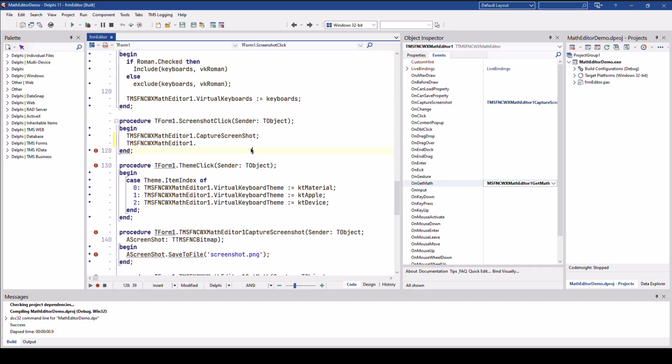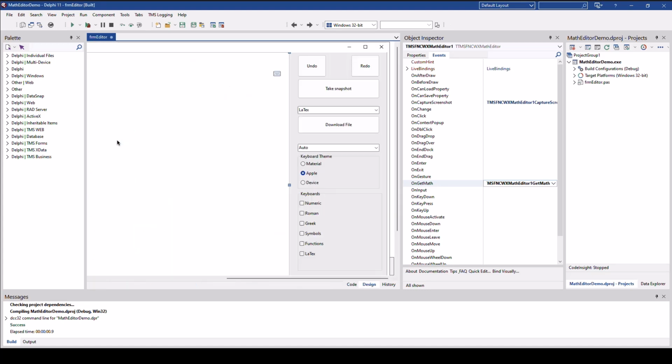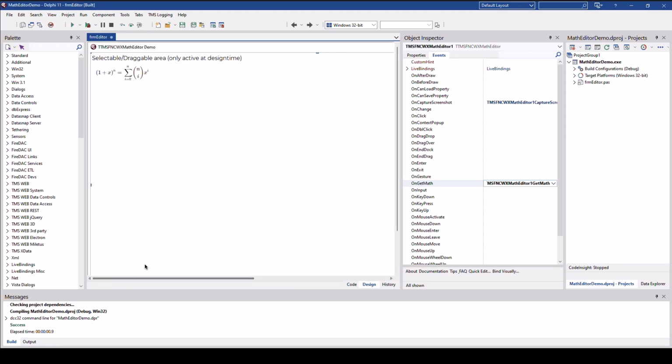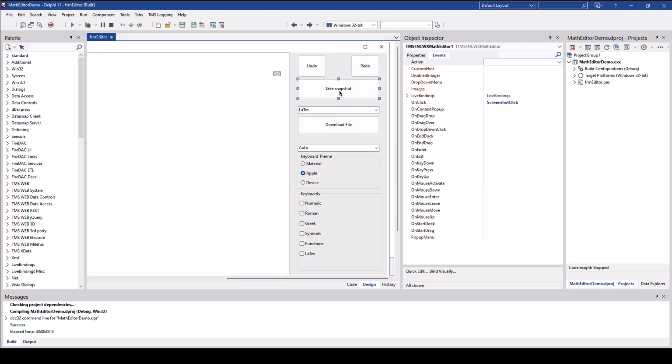You don't really need it if you are happy with entering a formula interactively. And after your user enters the formula, you have basically two options. Either you take a snapshot or you download the file. And of course, downloading the file is not a one-way street. You can assign the value that you store in this file or string or database to the editor, and then the editor will show the formula again. So this is a two-way street.